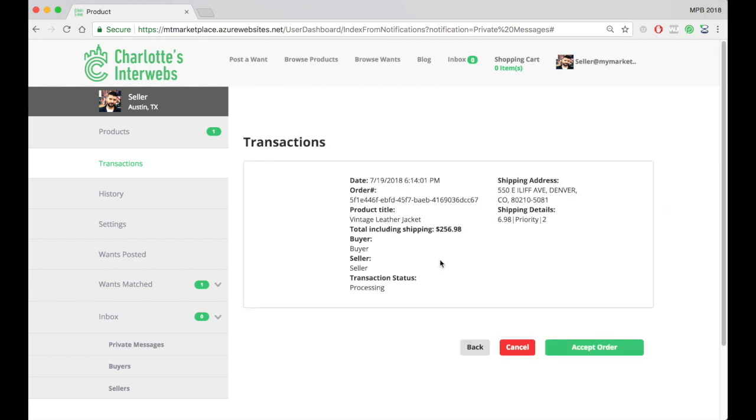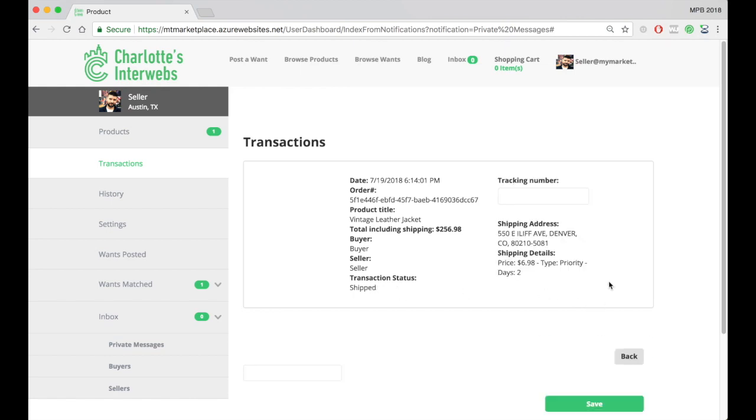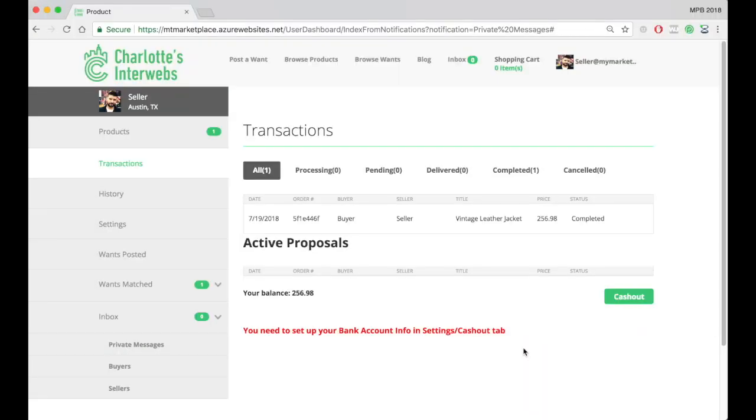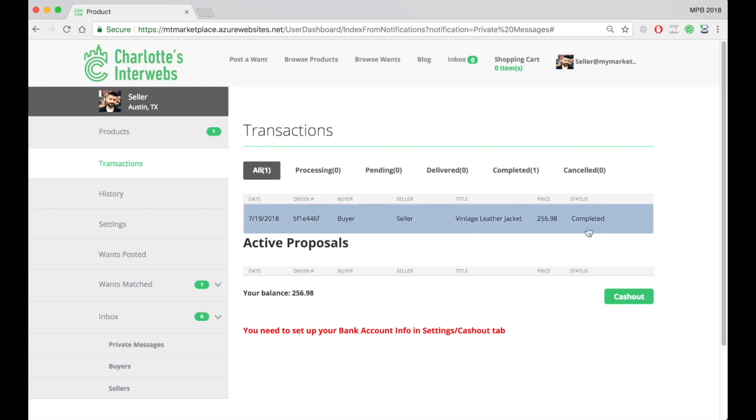I can click into the transaction, and I can click on Accept Order, and you'll see that the transaction status has changed to Shipment Pending. And once I deliver the item, I'll click on Delivered, and I can enter the tracking number there. Back at my Transactions tab, I can see that the status has changed to Completed. Now that I've delivered the item,